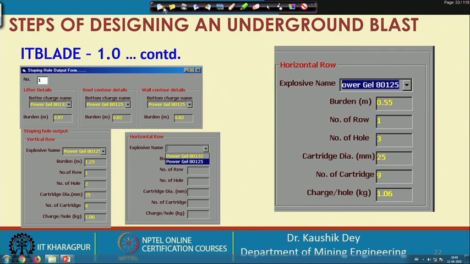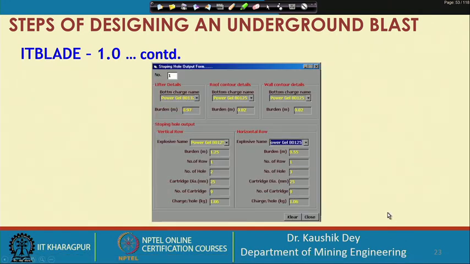So, this is the design consideration, or you can see this is the design procedure one can follow while designing the blasting for underground, and this is the final consideration where you can see all the burden values. This is the burden for lifter, this is roof, this is wall, this is vertical, this is horizontal stopping holes.